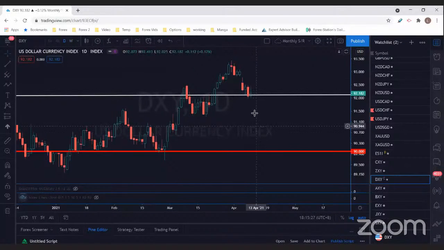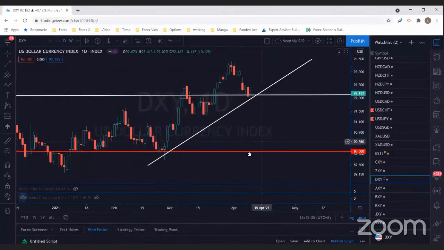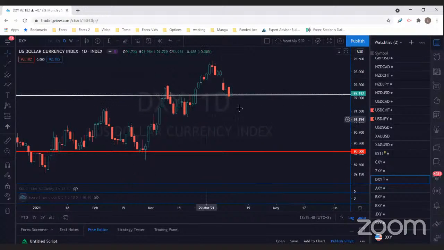Now, if price actually closes below 92, then I'll be pretty bearish about it. But if it manages to bounce off this, now we've got to be reading this. Price essentially on the daily chart is still on an uptrend. This is still a higher low to me. So this presents a horizontal level that I'm hoping that price will bounce up. Simple as that. If it does not, then I'm prepared to actually trade it low, all the way back to